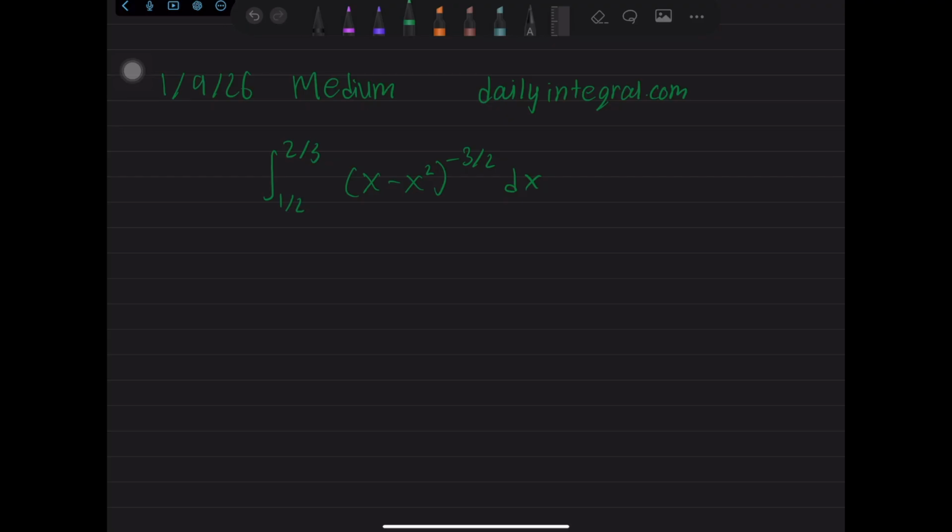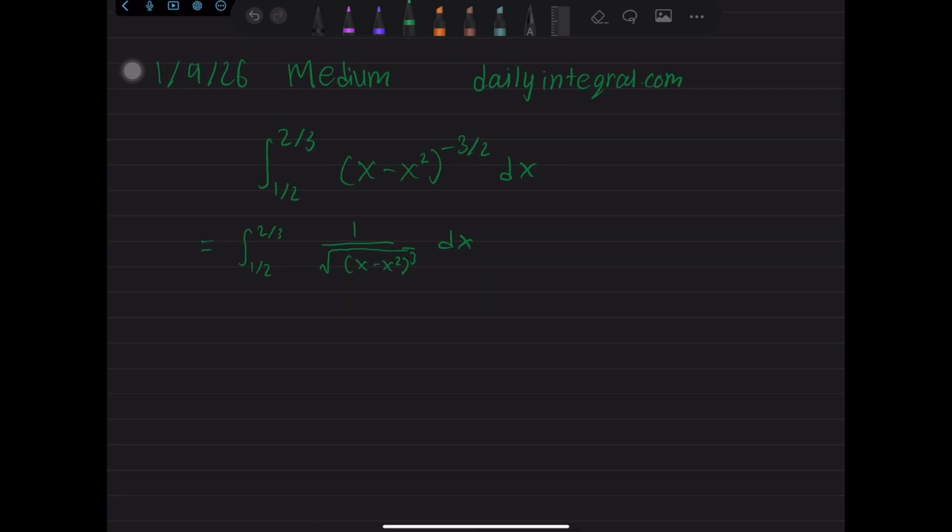And now we'll start. So, this form, let's rewrite this in a slightly different manner so we can really see what's going on here. So we have the square root of x minus x squared, to the third, dx. This form right here should immediately remind you of doing a trig substitution. However, for a trig substitution, we can't just use this as is. So what we're going to have to do here is